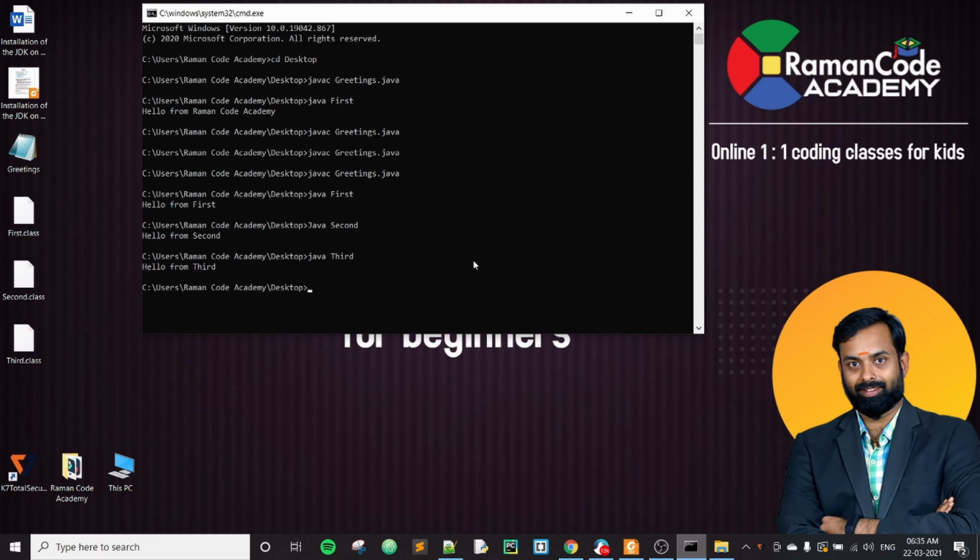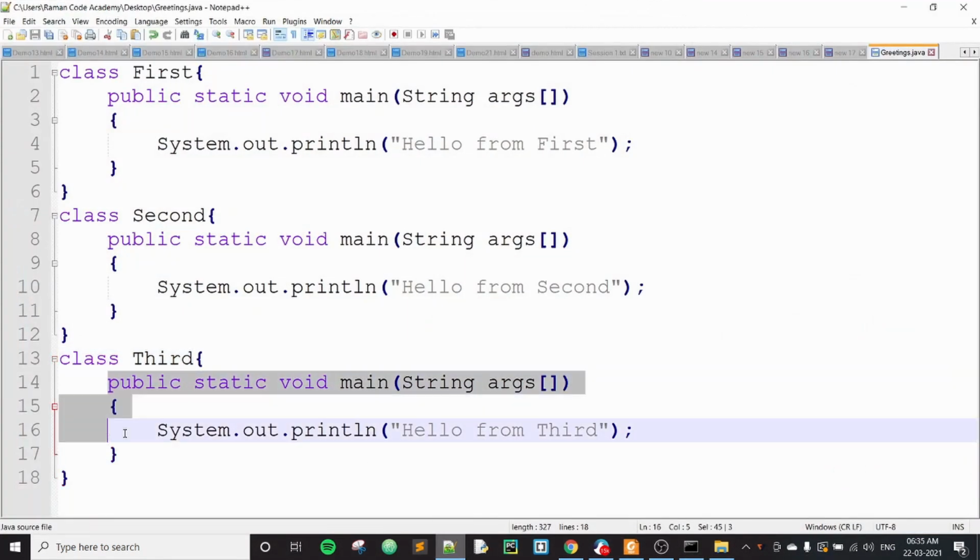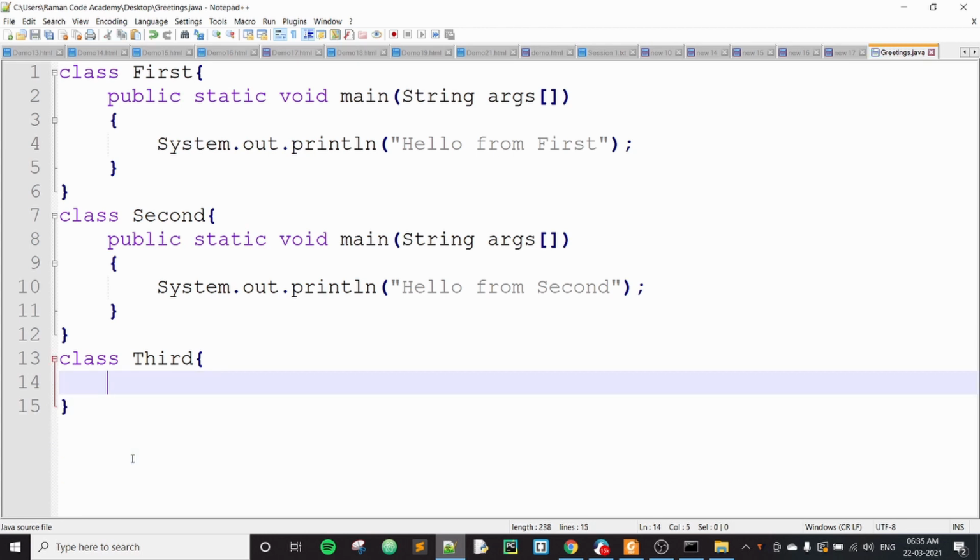So it depends on the class name which you give. Based on the class name that you give, it will look for the main method there, and it will be processed. Now let's try to do another thing and see what happens. Now we'll come here, we'll try to remove the main method from your class third. Now let me save this particular program, right?